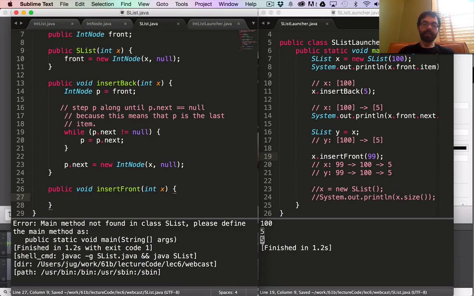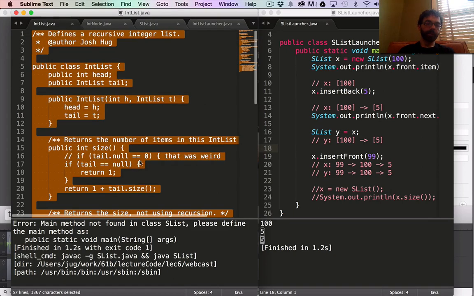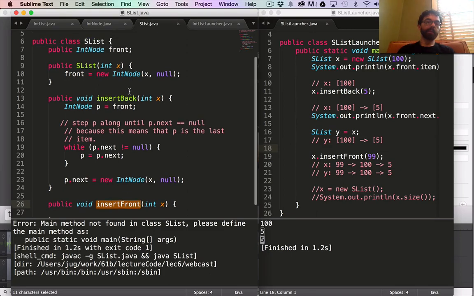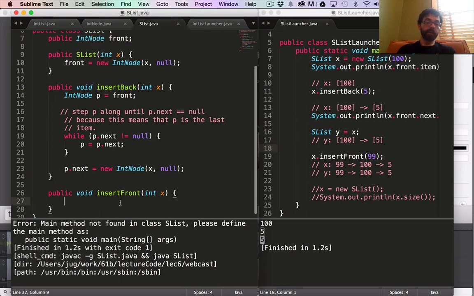And now we'll find that this is not such a tricky method to write. So to do this, let's look at our int list launcher for inspiration. So this is how we stuck something at the front of x when it was an int list. Now we want to insert something at the front of this int node, which basically is just an int list. So if you have not paused to consider what I'm going to do next, I really want you to pause this and make sure you get it. You might even draw out a little diagram. So give it a shot. If you get stuck, that's fine. You can unpause and find the answer, which is